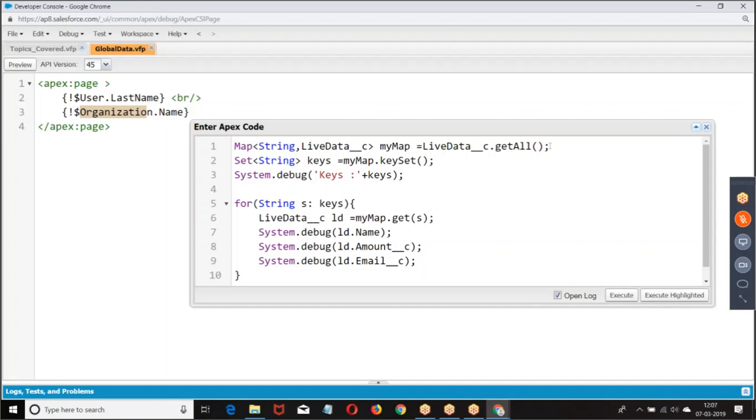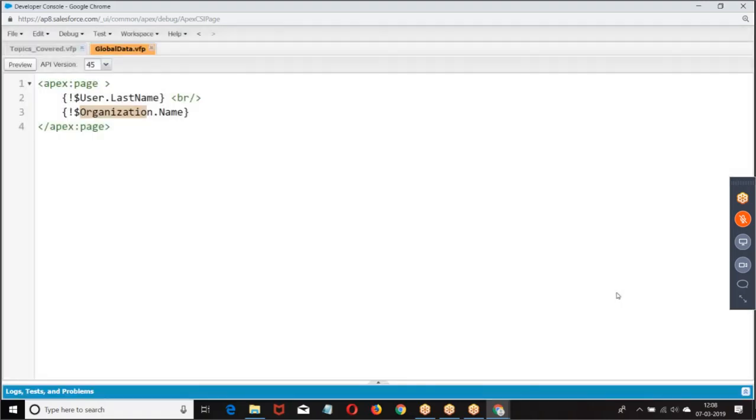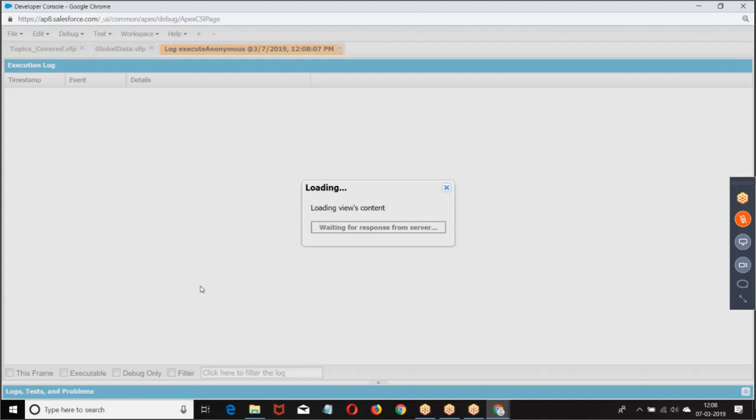The data will be coming in the form of a map, where the Name field is the key and the custom setting record is the value. Now, how do you get all the name fields? keySet. In the map, if I use keySet, we get the set of keys. How do you get a particular value? Map dot get of key will give you a particular value. So how did I fetch this data without writing any SQL query? I was fetching this data without any query.